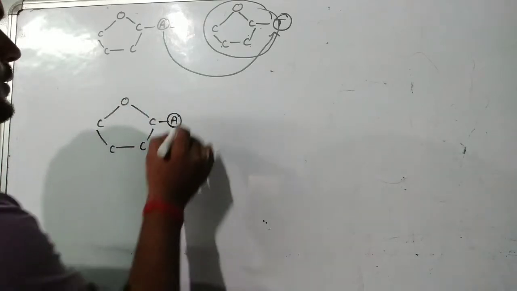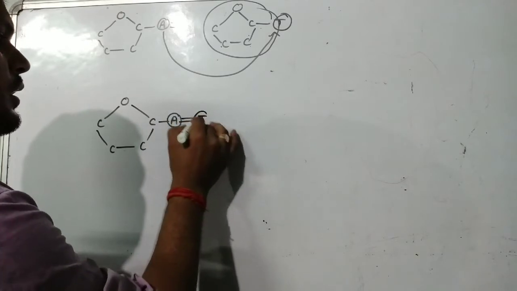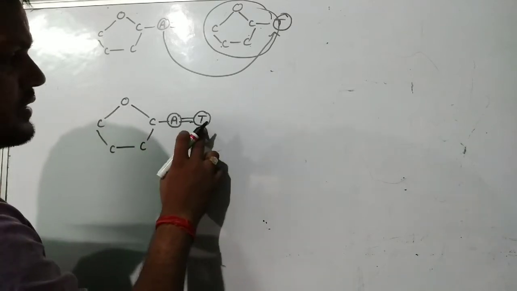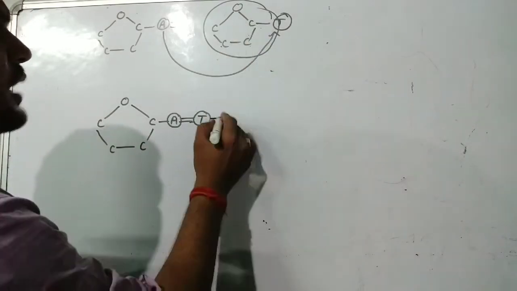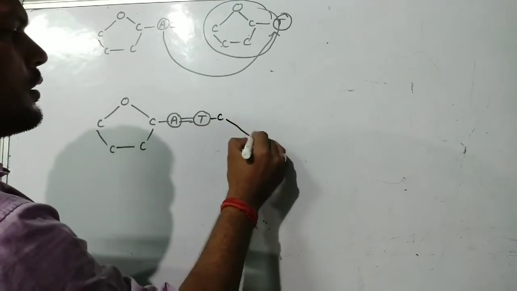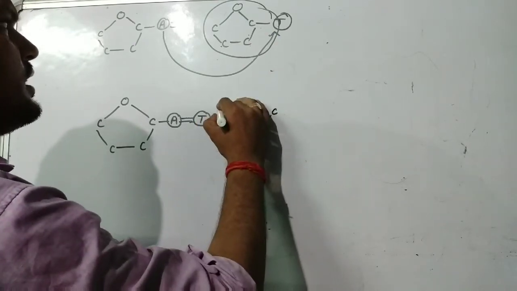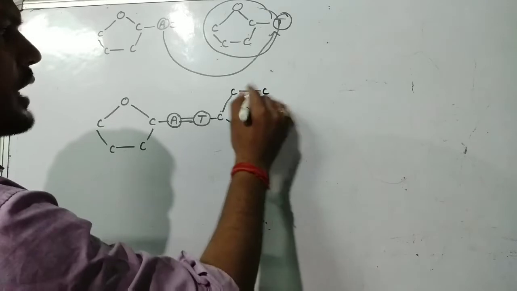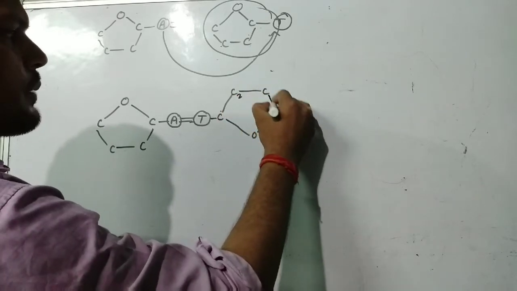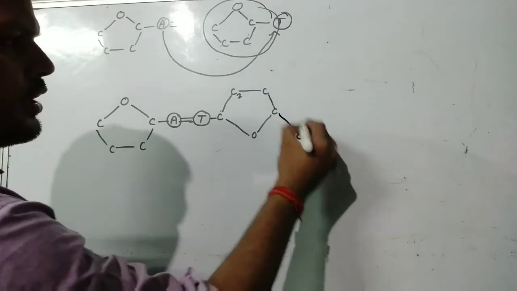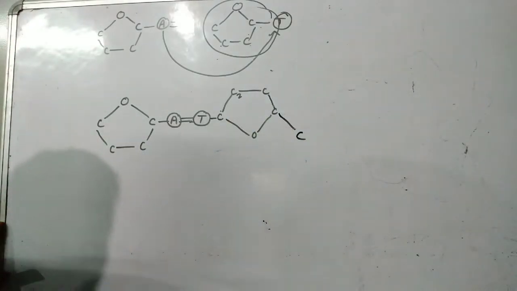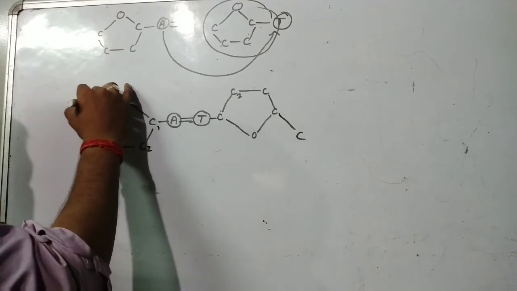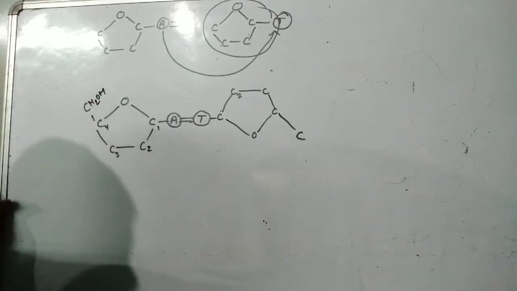This is your nitrogenous base. You combine with T, that is, it is a purine. You remember, adenine is a purine and T is a pyrimidine. This T is attached to the first carbon. So first carbon. This T is attached to second carbon. Second carbon is attached to third carbon. This is second. This is third carbon, and third carbon is attached to fourth carbon. And the fourth carbon is attached to the fifth carbon. This will be the structure. So here in the same manner, 1, 2, 3, 4, and this is your fifth carbon. It is going to be there.